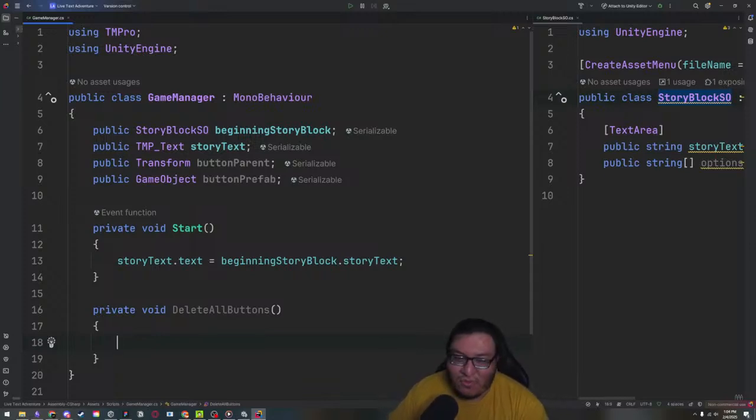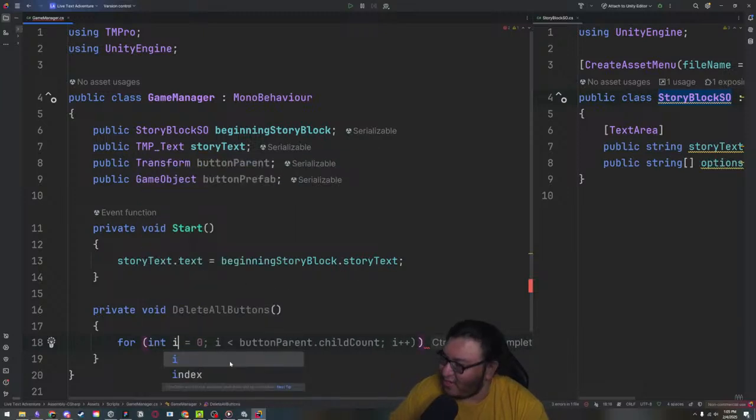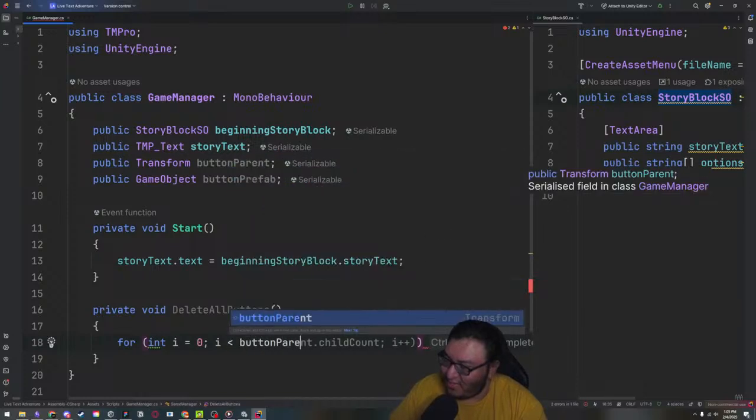Okay, so in order to make a loop and go through, we're going to write for, and then look over there. It's already giving us what we want. We're going to name our iterator. This is called an iterator, and this is where we want our loop to start with a different number. It's a little confusing. And then we're going to type in our statement to say, when do we want our code to run? So as long as i is less than button parent dot child